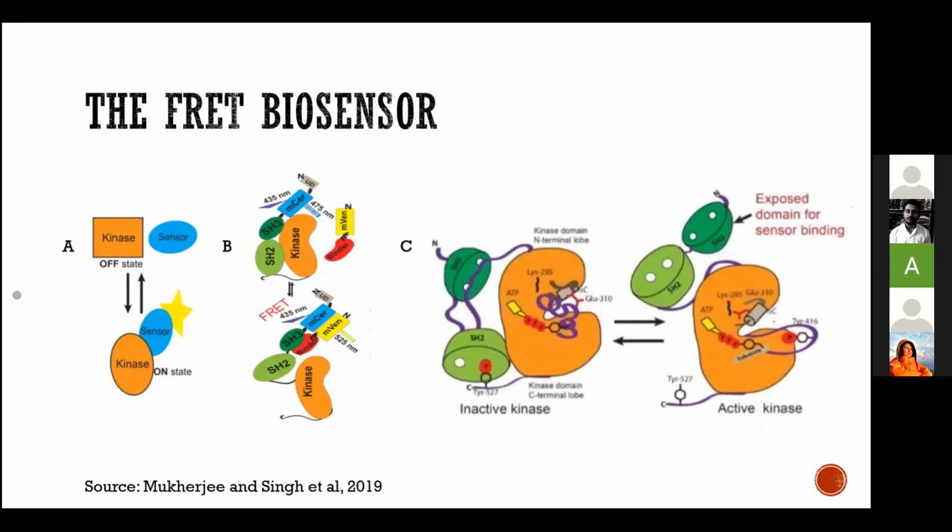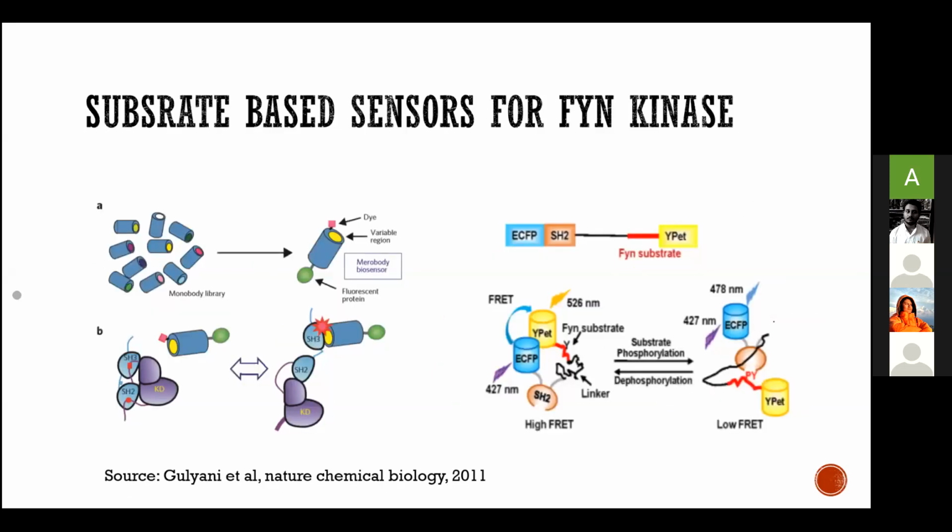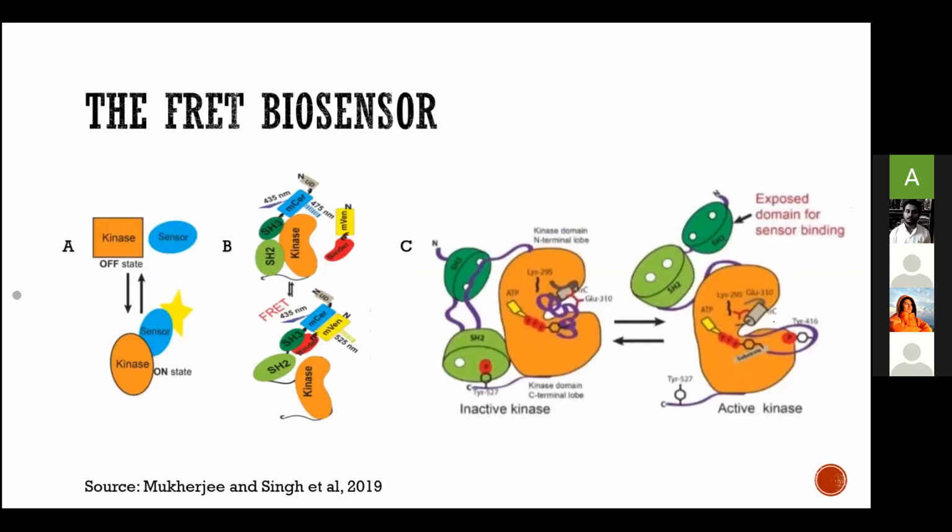So the FRET biosensor, this particular FRET biosensor, Mukherjee and Singh et al., this was the PhD scholar I was working with. So these guys used this FRET technology to make it specific for Fyn kinase. It's not like we gave the FRET concept. They took the FRET concept, so they thought about what concept other than this primitive biosensor structure they can put in, and they saw, oh, there is this FRET thing, it seems very cool, so let's try that.